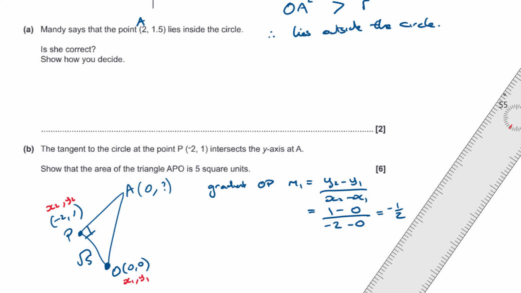Okay, so then the gradient of AP is going to be negative reciprocal of that then, isn't it? So you flip it over and you change the sign, so it's going to have a gradient of 2. Okay, so we know the gradient of this line AP, and we know a point that it goes through, minus 2, 1. So equation of the form